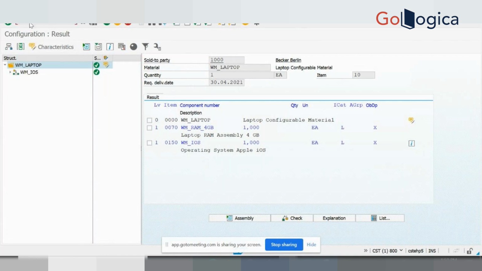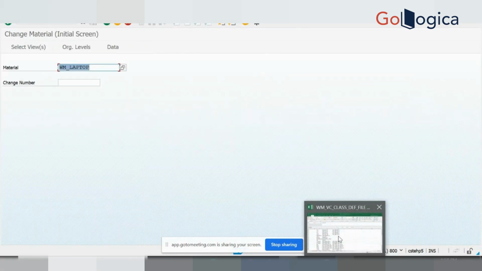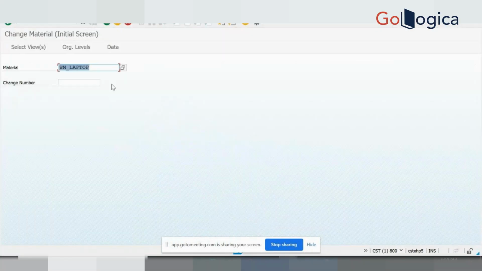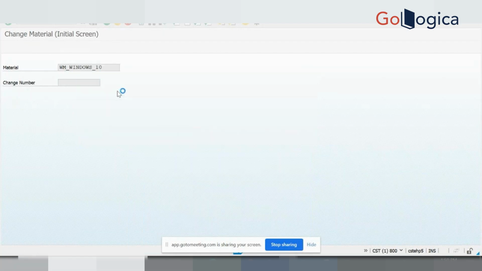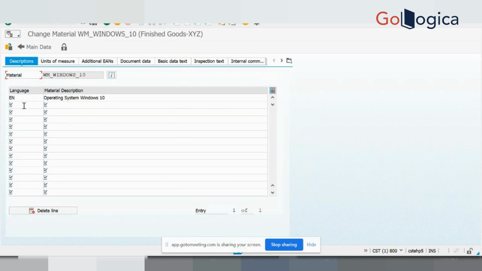So let me quickly maintain the descriptions, not for all the items, maybe for Windows and